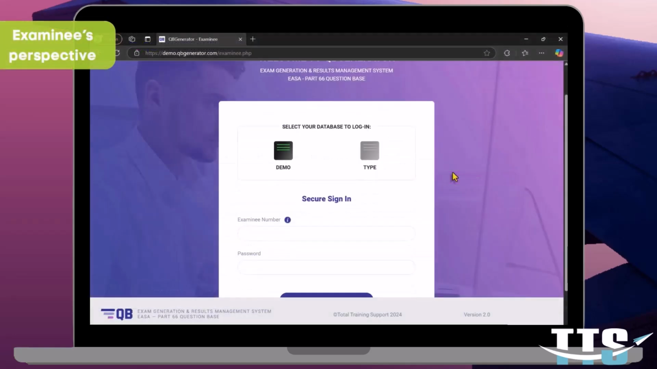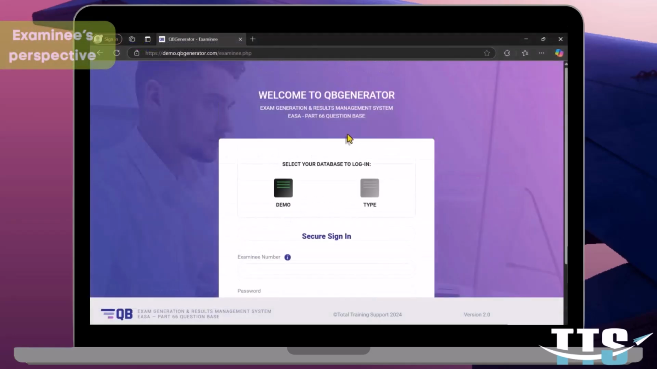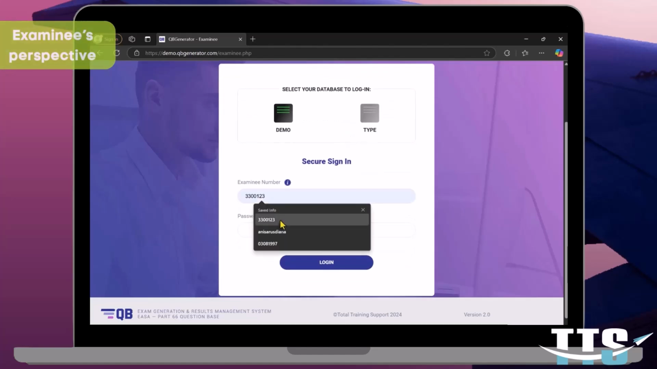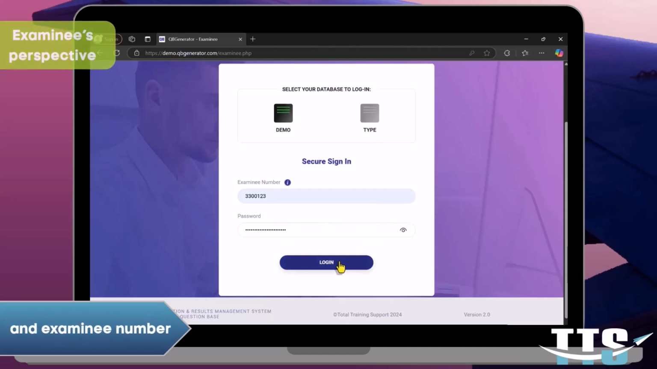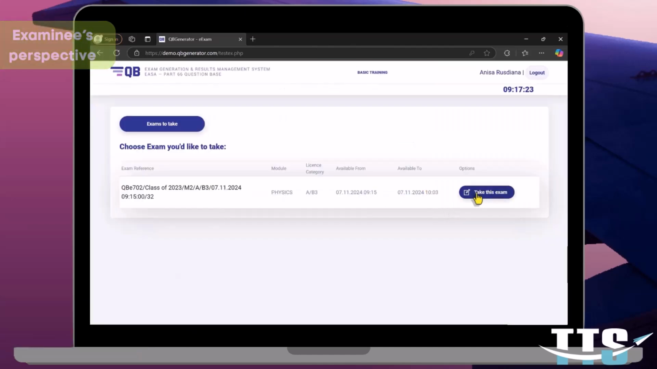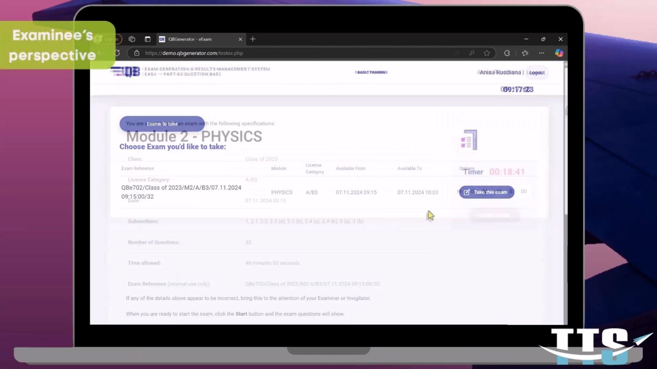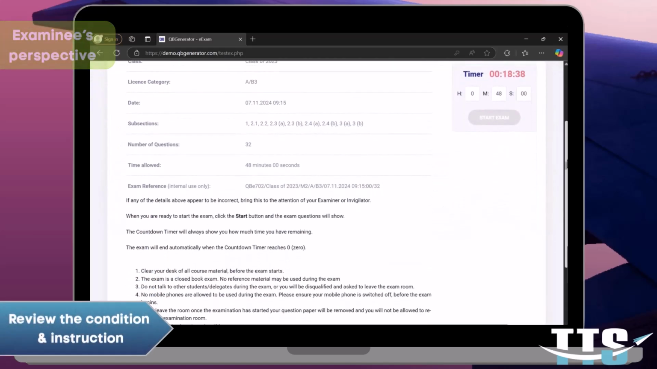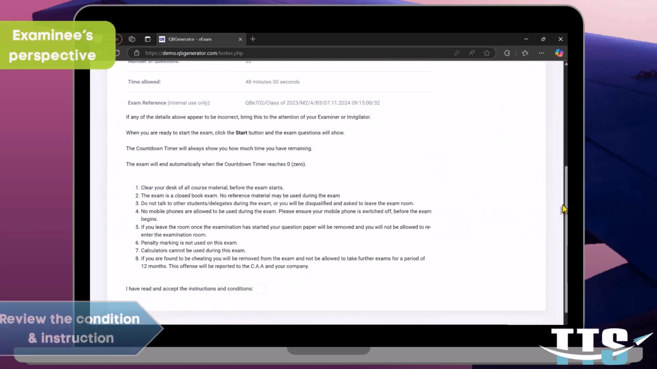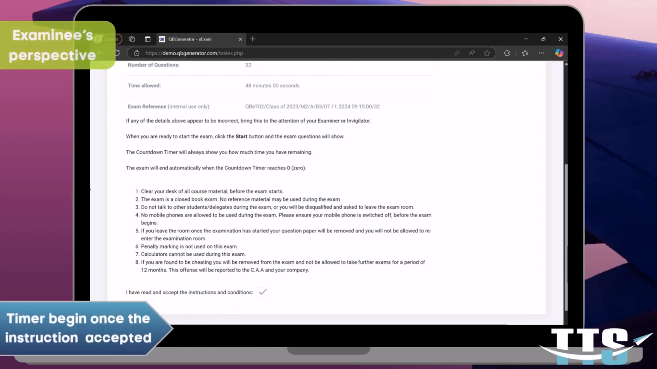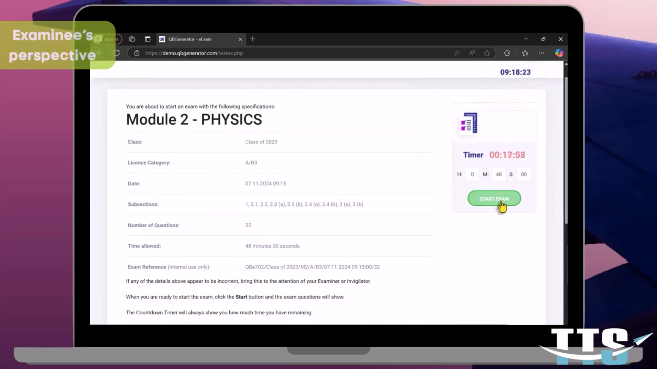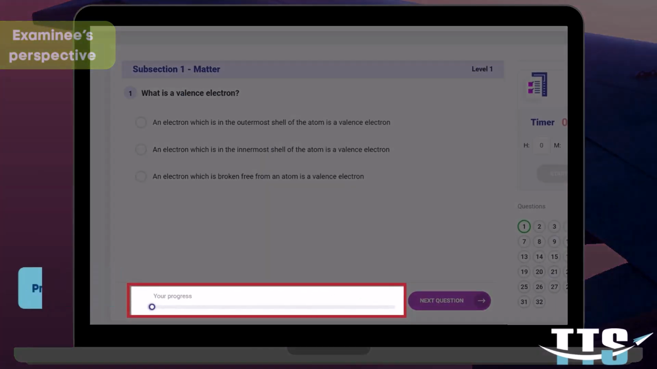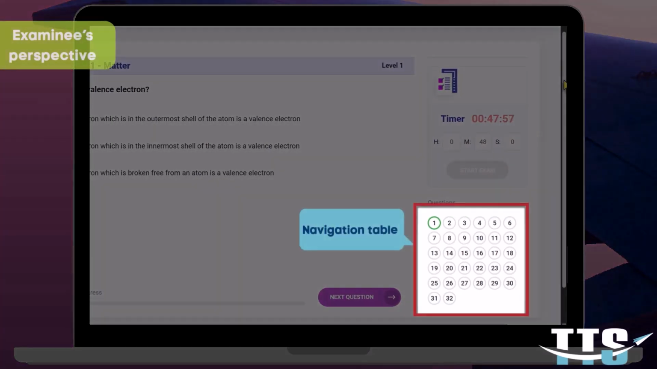From the examinee's perspective, the process is straightforward. They log in with a system-generated, single-use password and their examinee number. Before the exam begins, they review the conditions and instructions set by the administrator. Once accepted, the timer begins and the exam starts. The interface is intuitive. A progress bar, navigation table,